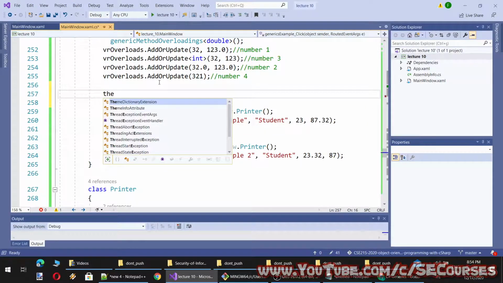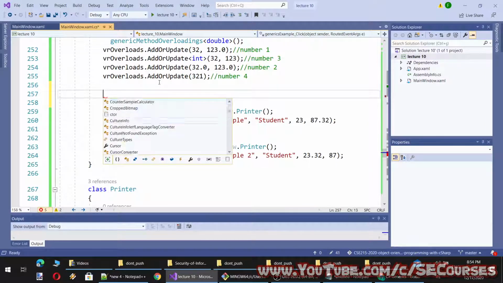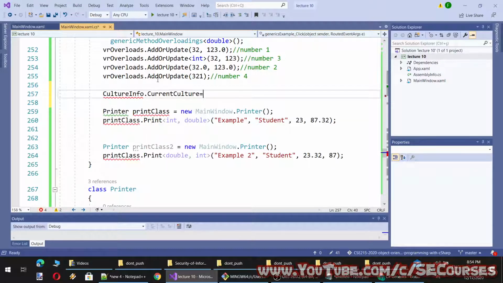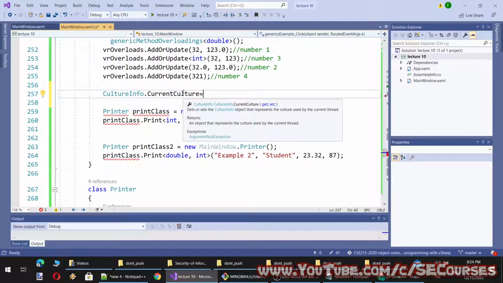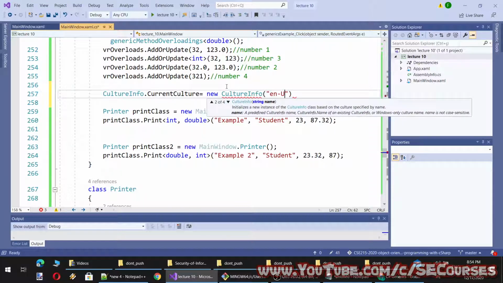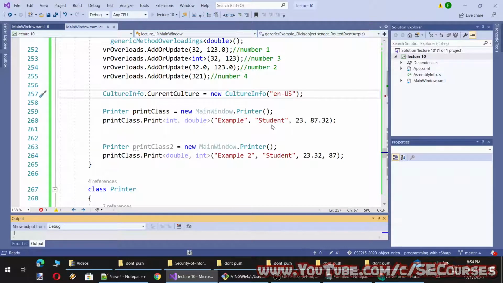I will change it as current culture info current culture. You see, the current culture supports both get and set. It's a property, therefore I can set it, and I will set it as new culture info and English US.